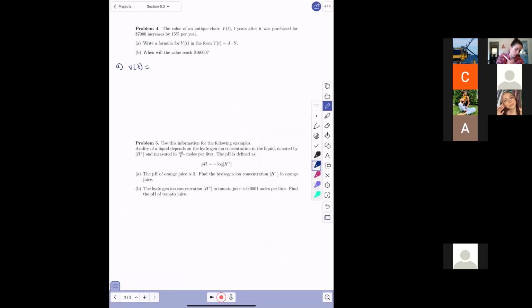So what does my formula look like? 7,000 is A. Good. And what is my B value? Wouldn't it be 1 plus R? Good. It's going to be 1 plus R. And my R